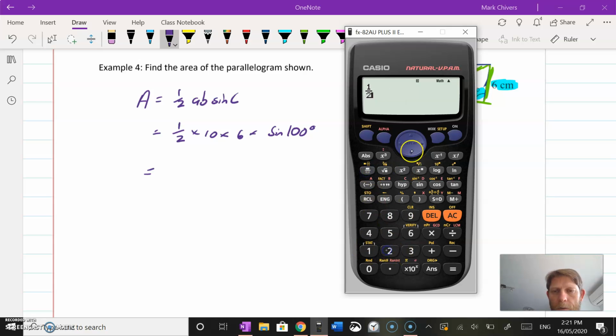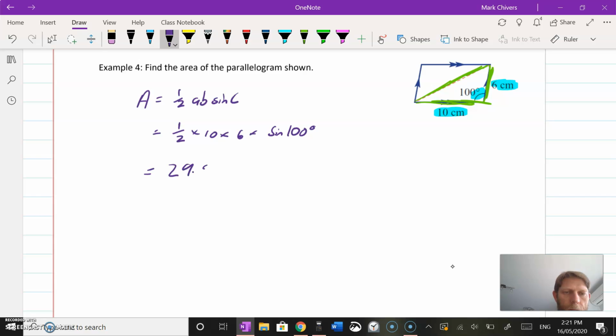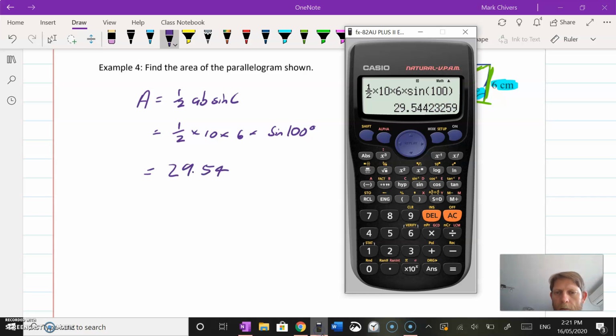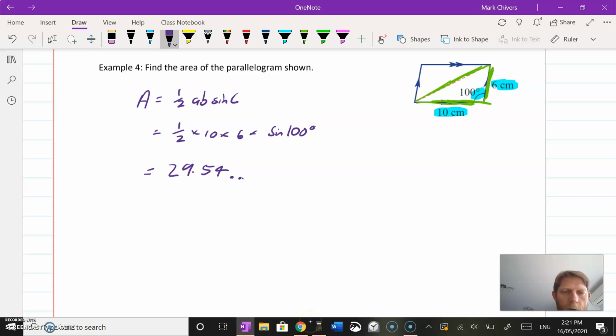1 over 2 times 10 times 6 times sine 100. And that gets us to 29.54, and I might just leave that as 29.55 dot dot dot. So that's the area. Actually, I probably should have made that clear up here. That's the area of the triangle, and therefore area of parallelogram